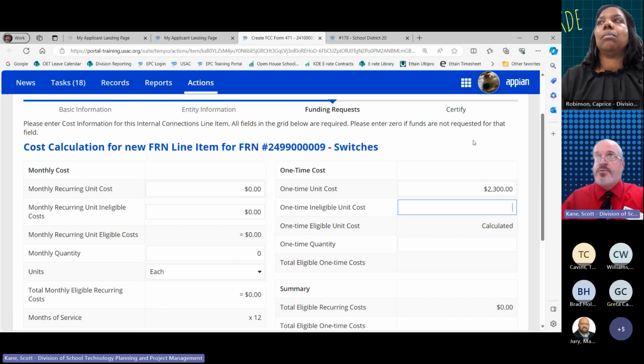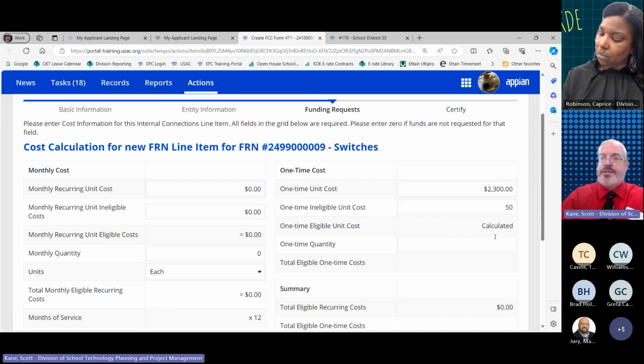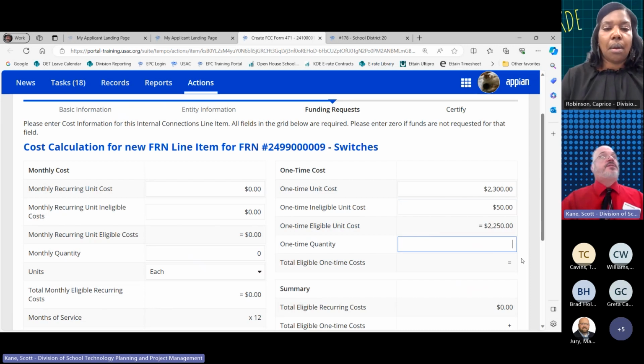Make sure that you have some sort of documentation. You know, could be you sitting at Starbucks and writing it on a napkin, but make sure you keep that with your records. And then you've done your calculation, and it'll just say it was like $50. Really small. And then the quantity, the number of items that fall under this category.